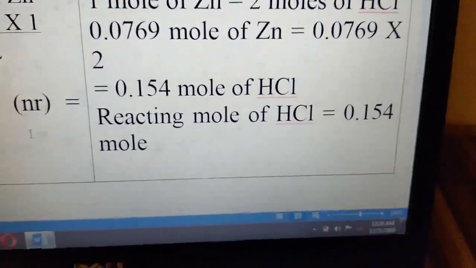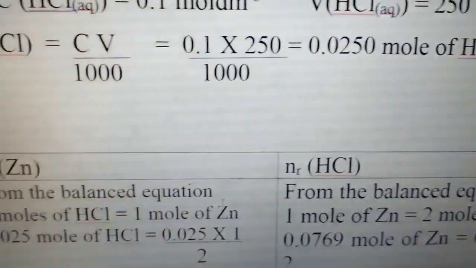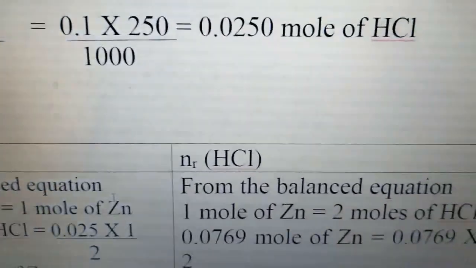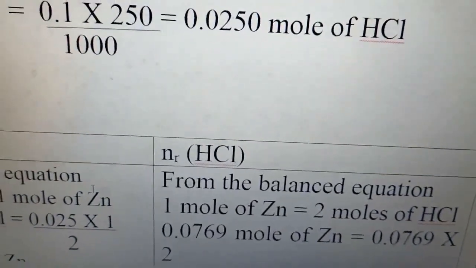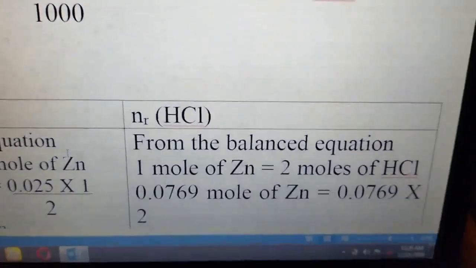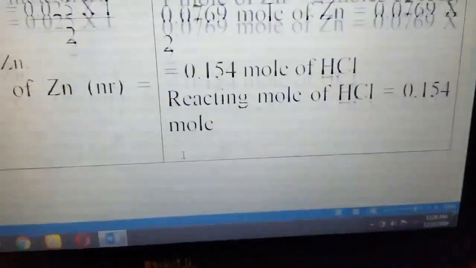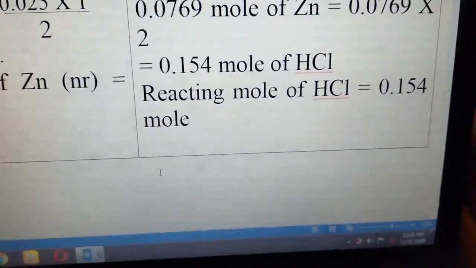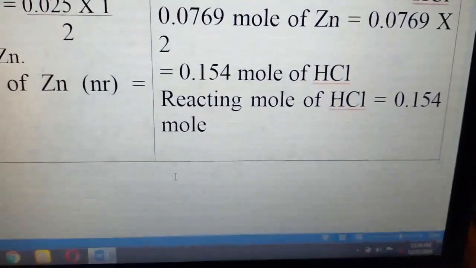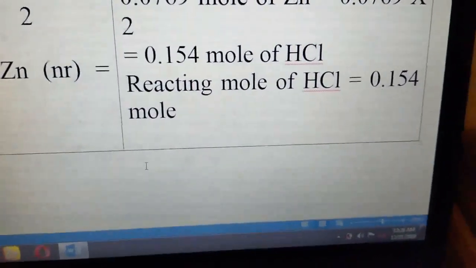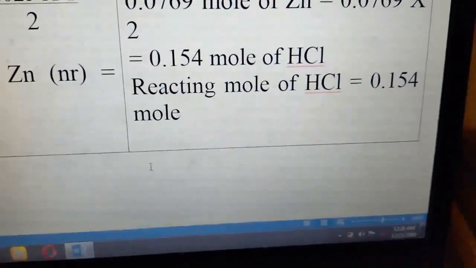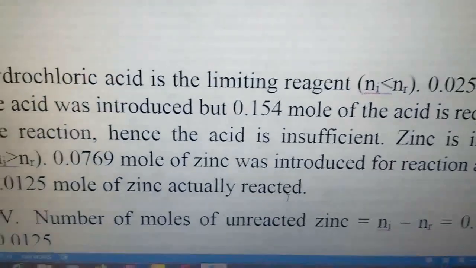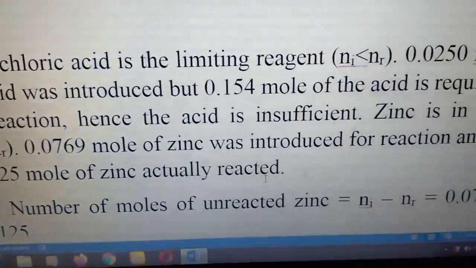So is HCl in excess? Let's find out. What amount of HCl was introduced? We introduced 0.025. What amount will react? The amount of HCl that will react is 0.154. So what you introduce is less than what's supposed to react. That means HCl is not enough. HCl is limiting. We'll now go ahead and say hydrochloric acid is limiting, as I said, because the initial